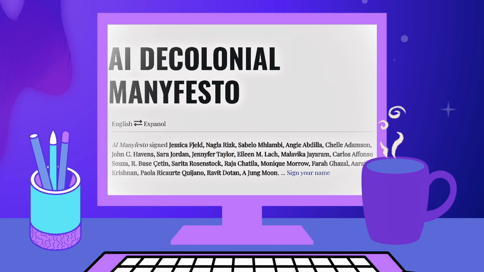There is already a push to decolonize AI, which involves a huge overload of updating and inputting a more diverse range of information. Of course, this comes with its own problems, as companies often use ghostwriters to input this information, who can be overworked and underpaid. The push to decolonize AI has been met with a decolonial manifesto, signed by many, who argue that AI is just another way to reproduce colonial inequalities and display creator bias, especially since AI reflects the past rather than the future, even though it is considered a system of the future. AI learns from historical data, perpetuating past biases and power structures.